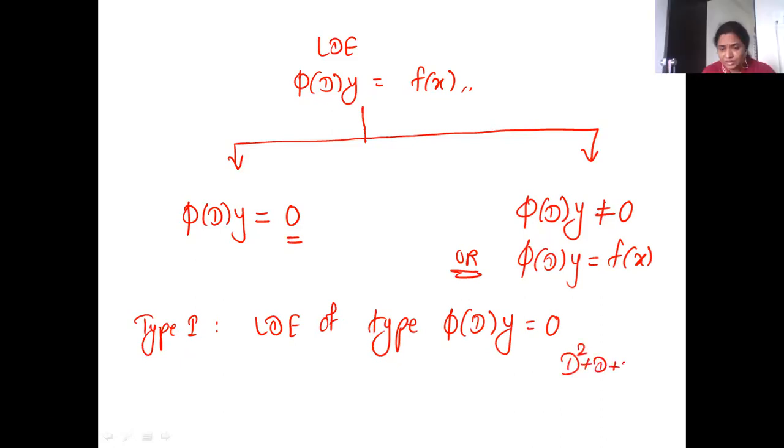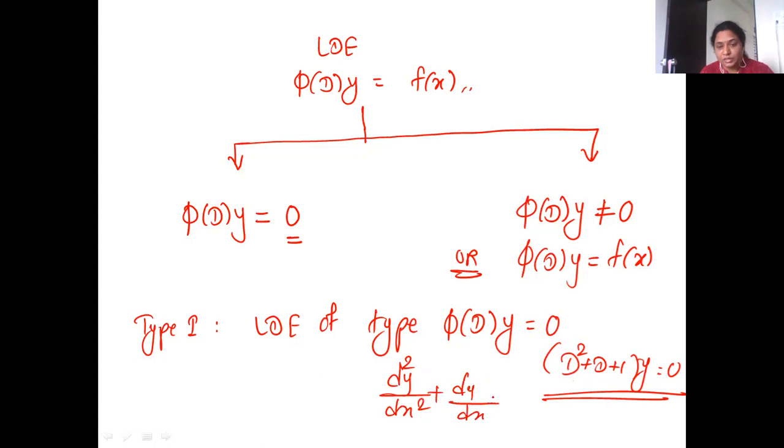The equation can be like this only, is equal to 0. Can you see a derivative here? D by dx, dy by dx. We can't see it with our bare eyes, but yes, it is there. How is it there? D is nothing but dy by dx. D2 means d2y by dx2, where d is dy by dx. Plus 1y is 1 into y. So this is the equation.